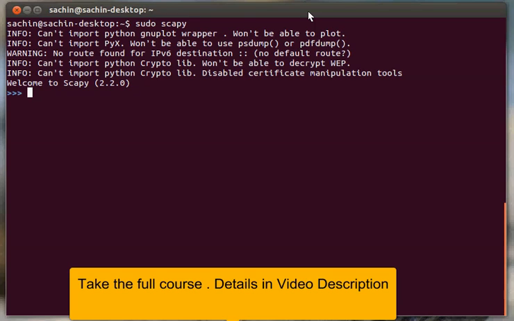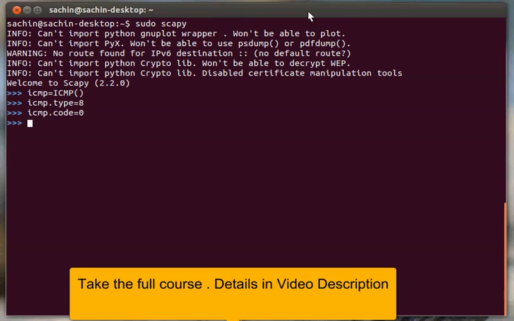192.168.1.100. The first step is to create an ICMP header, for which we type in the command ICMP equal to ICMP. Now the type value in the ICMP header is associated with the value 8. Similarly, the code value is associated with the value 0. Now an ICMP header has been created with the type and code value with the required values.